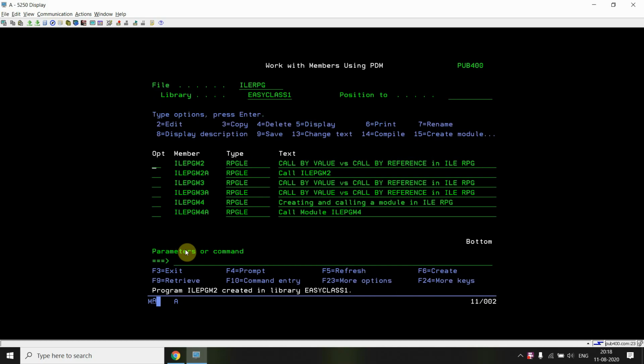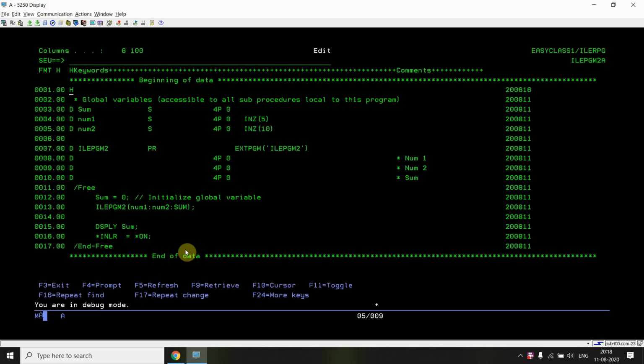Okay, this is created. Now you can see that I just declared three variables here, num1, num2 and sum. Okay, num1 is initialized as 5 and num2 is initialized as 10, and we are receiving the value in sum. So basically I am initializing sum as 0, then displaying the sum.